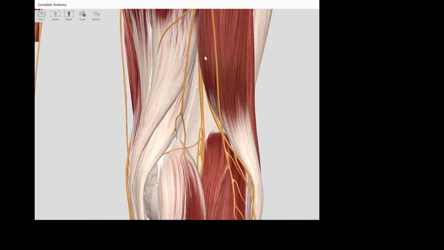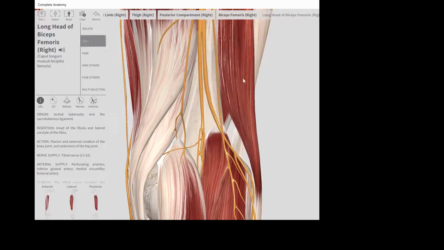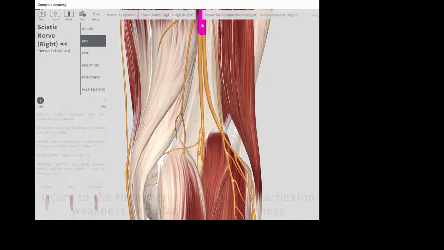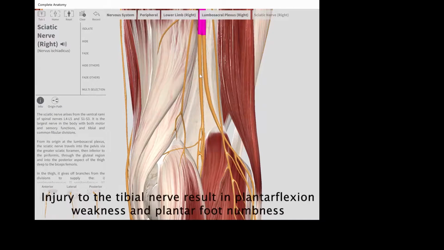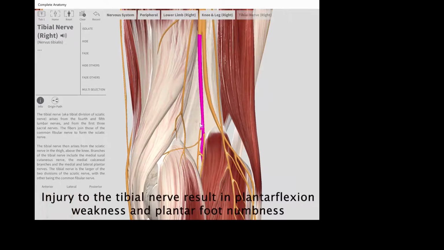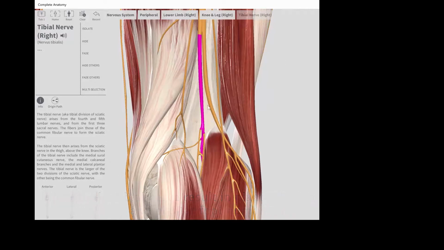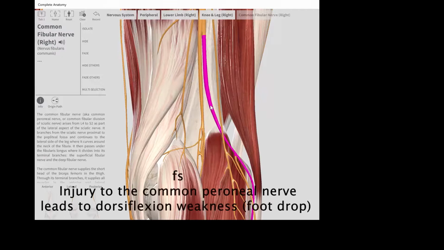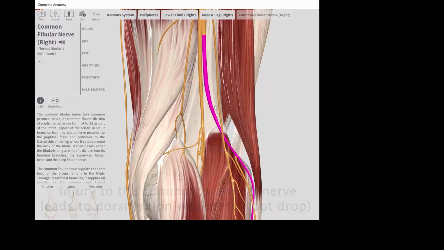So here we're posterior, and we're going to hide the long head of the biceps, all right? Because what sits right behind the long head of the biceps is the common peroneal nerve. And up here you can see you have the sciatic nerve, and that splits into the tibial nerve, which is going to come straight down posteriorly, and then the peroneal nerve, or common fibular nerve, or I should say common peroneal nerve. That's the term we usually use in clinical practice. I believe the anatomists use the term fibular nerve. But again, this sat right behind the